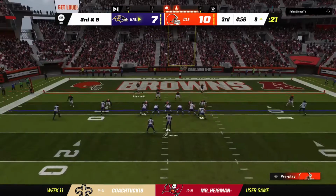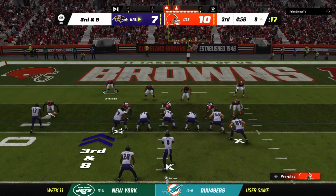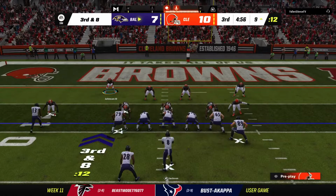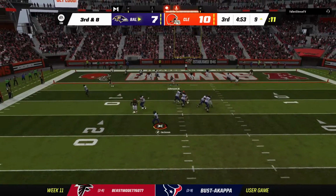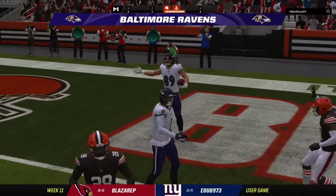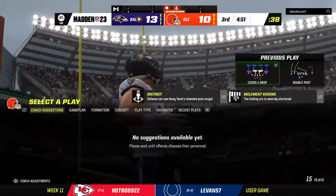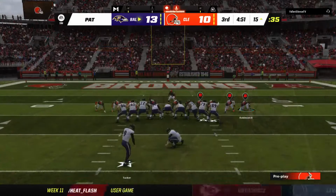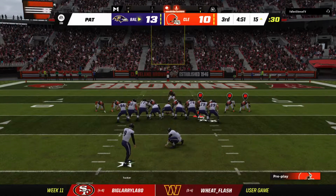So the failure to connect on 2nd down leaves them staring up at a 3rd and 8. Now it's Jackson. And that'll be taken in by Andrews for a Ravens touchdown. A great effort there. A beast in the red zone with his 2nd touchdown of the game. And the Ravens have taken the lead as they go right down the field and score on the opening drive